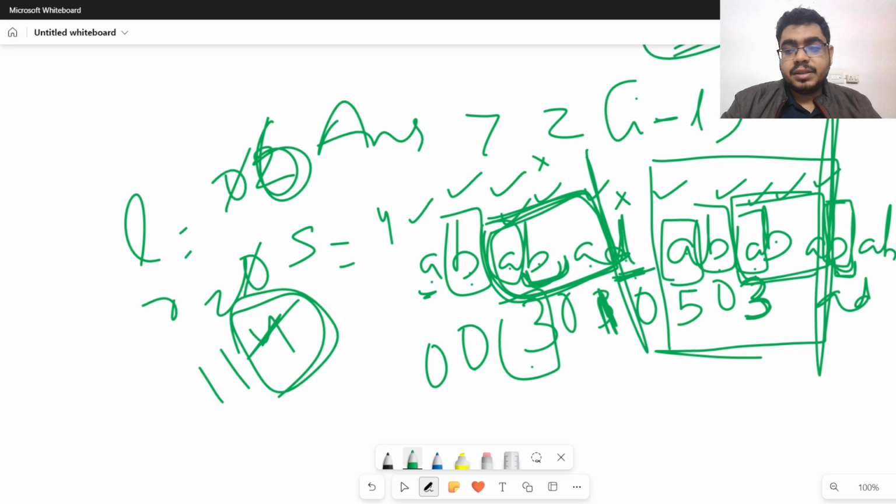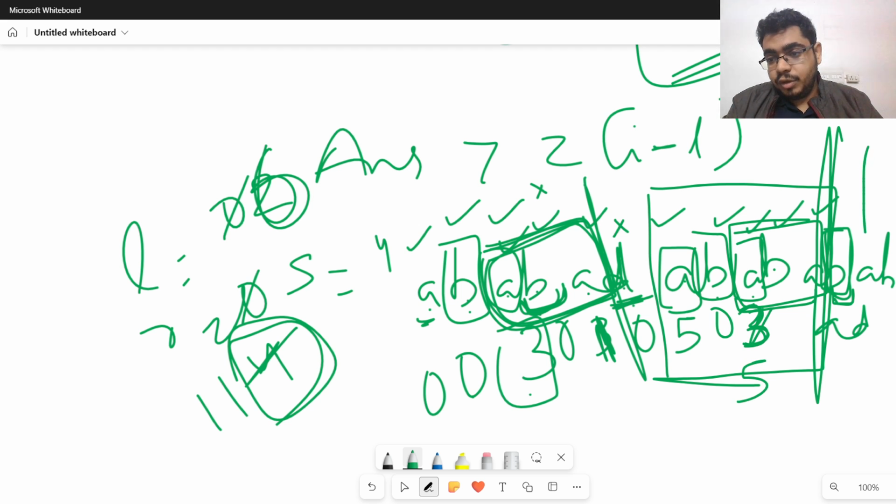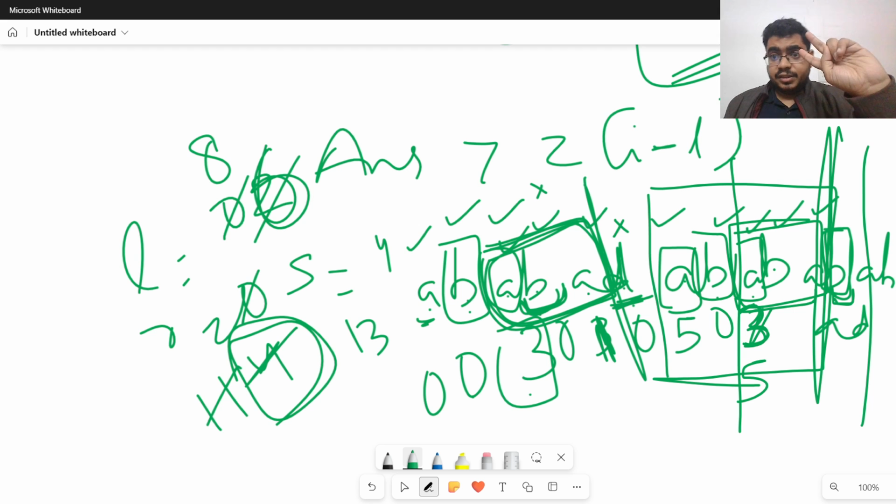4th one matches, 5th one also matches. So I'll replace this answer with 5 and replace my boundary also to represent the new part that I have seen. So this will go to 8 and this will go to 13. So two cases you need to do. First,